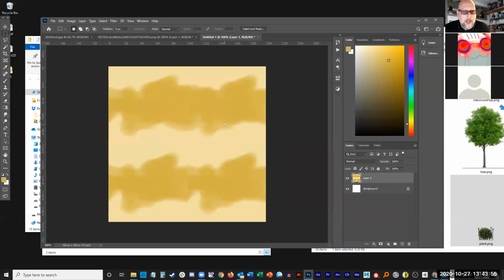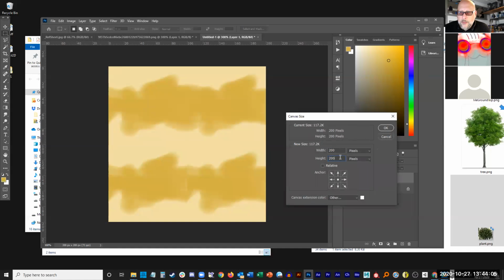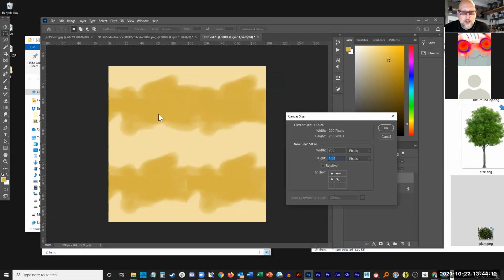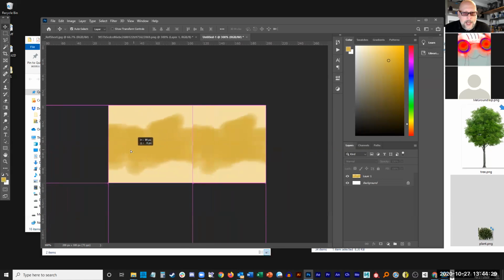Since I'm only really tiling one direction, I don't need to have this down here. So I'm actually going to change the canvas size back to a height of 100, because I know it's going to tile up and down, so I don't need to do the vertical part of this. So make that 100. Okay. All right. So now I've got this tiled together the way I want it to tile together. Now I need to duplicate this again and just set them next to each other,